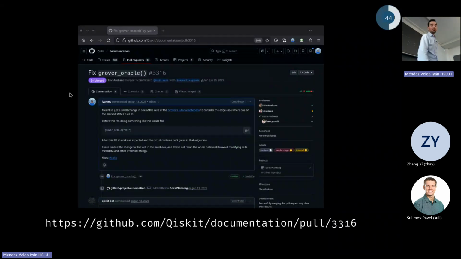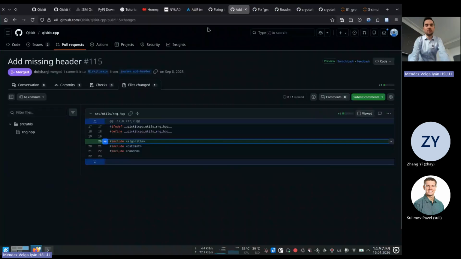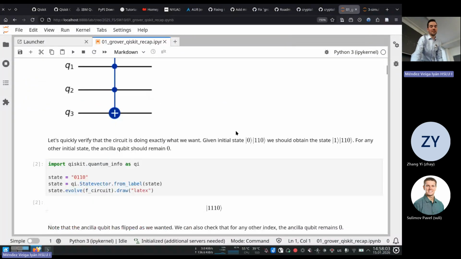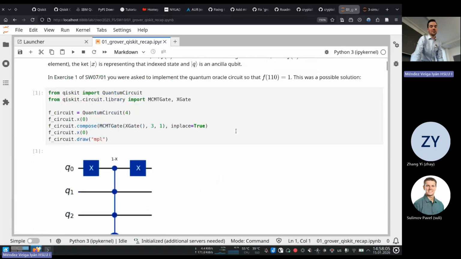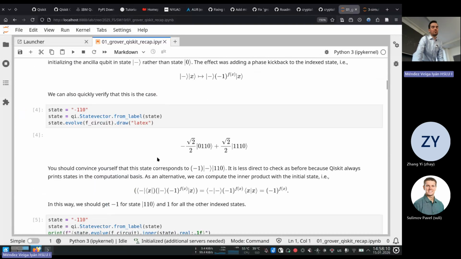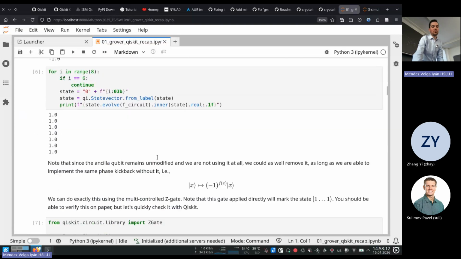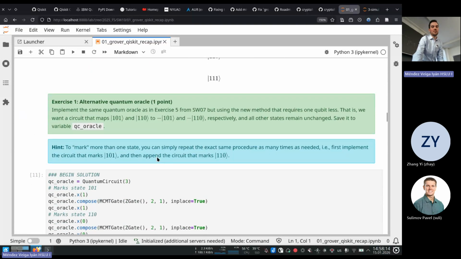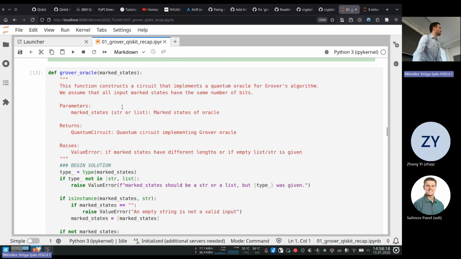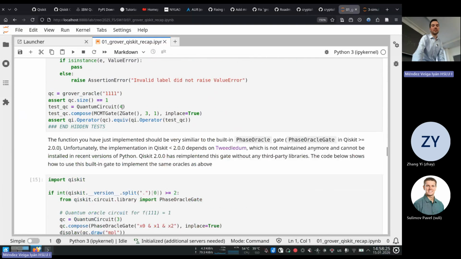And then this was the example I told you about the documentation. So we were actually creating this notebook about Grover. There was a recap. As you can see here, we explain the theory. We always mix the theory with examples, coding with Qiskit, and then basically here we do a quantum oracle, and we implement a quantum search in a 3-bit search space. So really small, but it's something you can do with the current hardware.